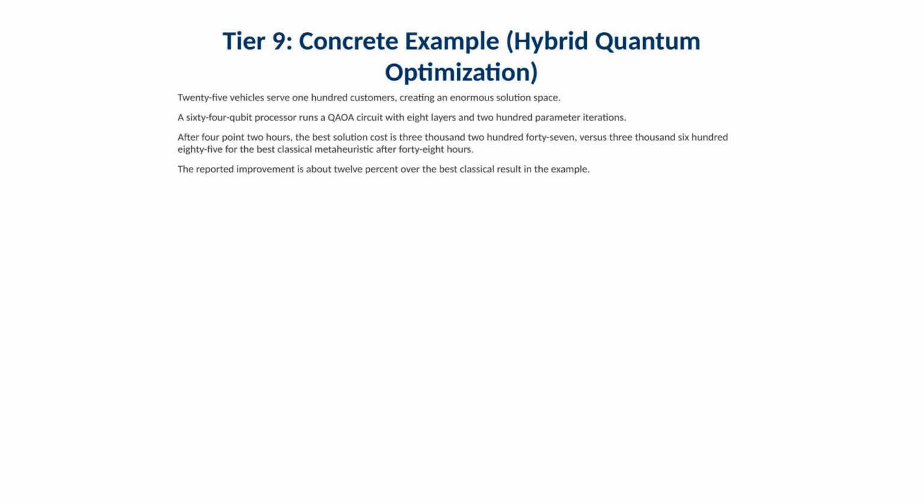The hybrid setup uses a 64-qubit processor with 8 circuit layers and 200 parameter iterations. After 4.2 hours, it finds a cost of $3,247 compared to $3,685 for the best classical meta-heuristic after 48 hours, which is about 12% better in the reported